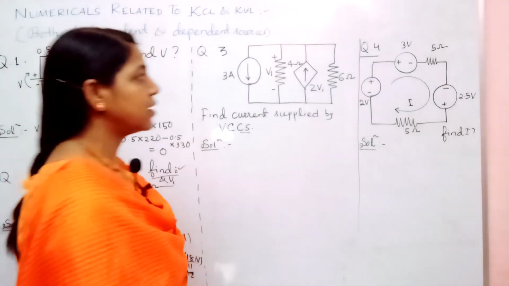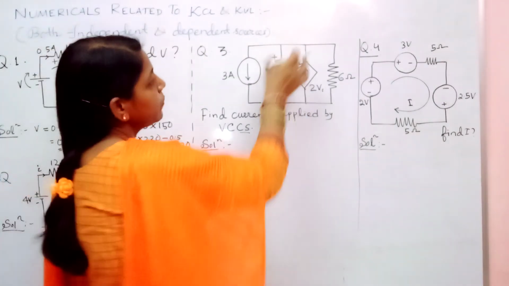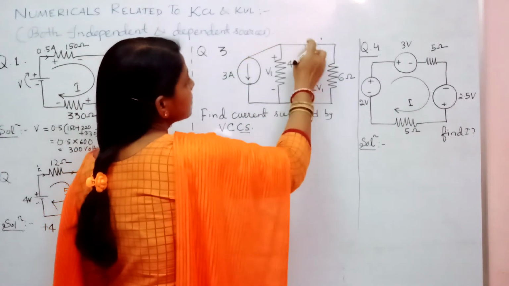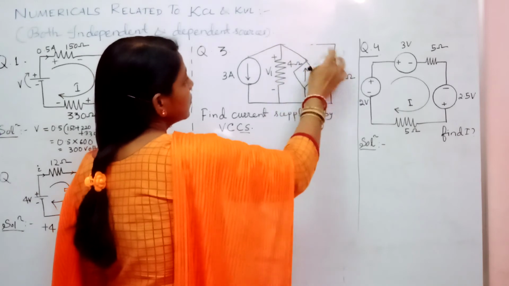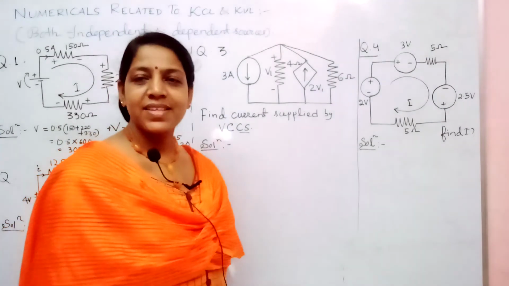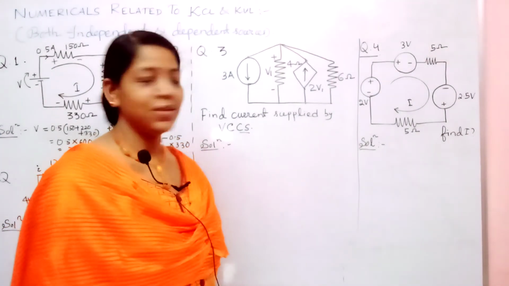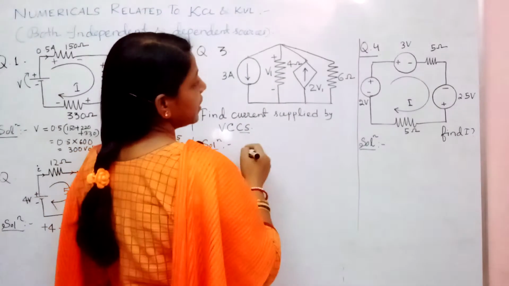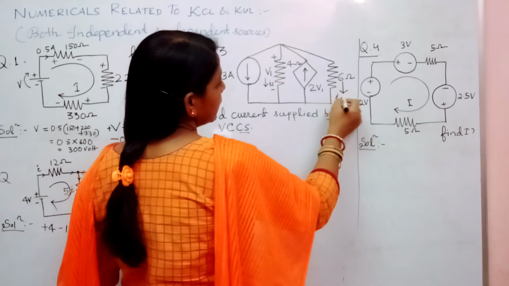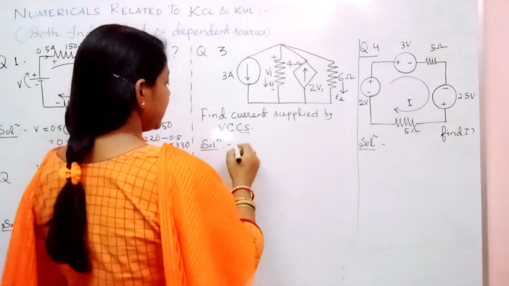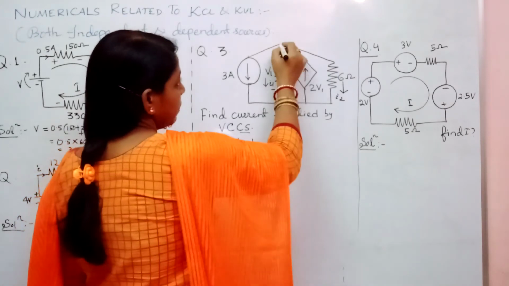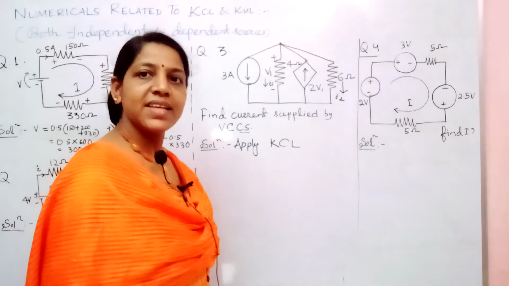Now they are asking you to find the current supplied by the voltage controlled current source. How much current is it giving? So now you can see here all of this together. Can I rub it like this and join it like this? This also, this also. Means they all are connected to a single node. Yes or no? So I don't know what is the current flowing through it. Let the current be I1. Similarly the current through it, let it be I2. Now apply the KCL, because you are applying at the junction, so you are applying the KCL at the junction.